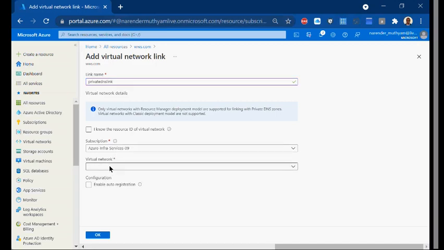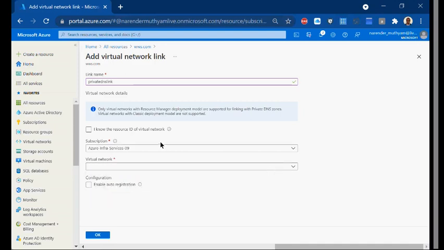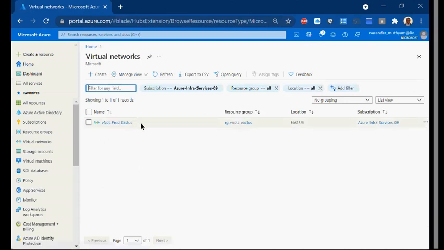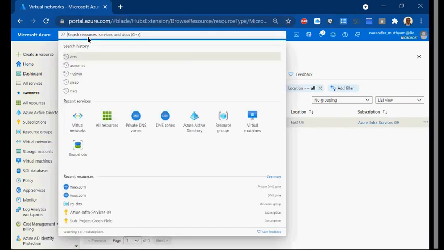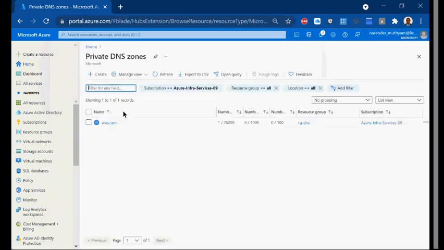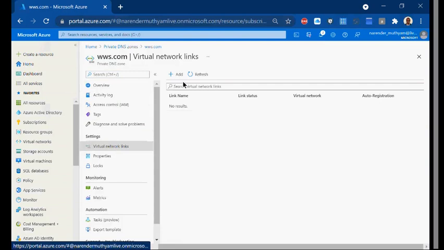And here select the VNet you have. It's not discovering yet, so let me wait for it to show up here. So this is my VNet, right? The same VNet, I can link it here. So I'll say DNS, this is the private DNS, and I'll go inside and link it here.